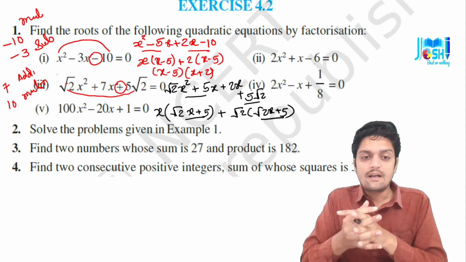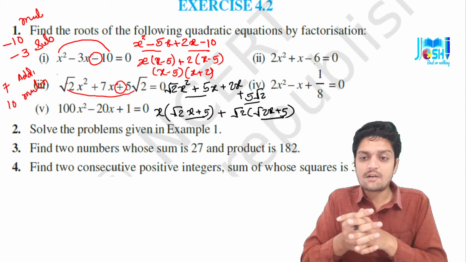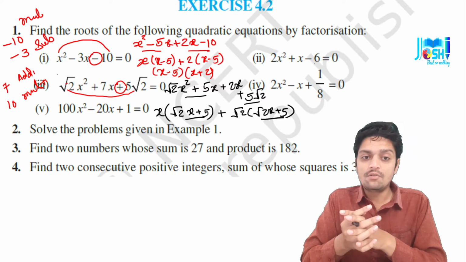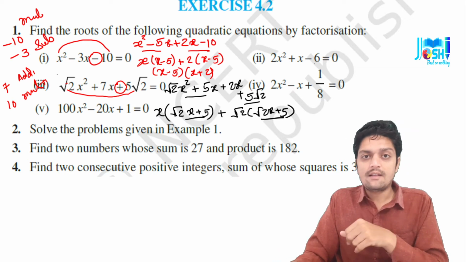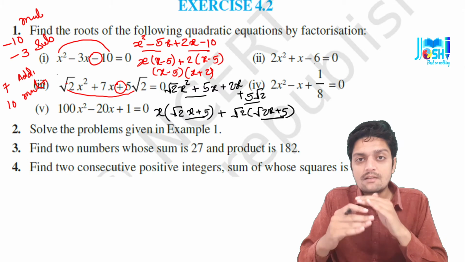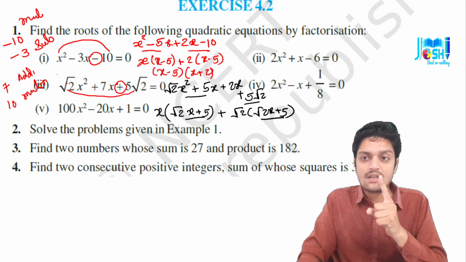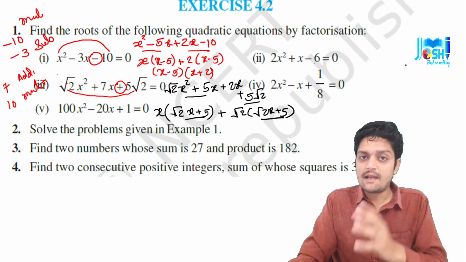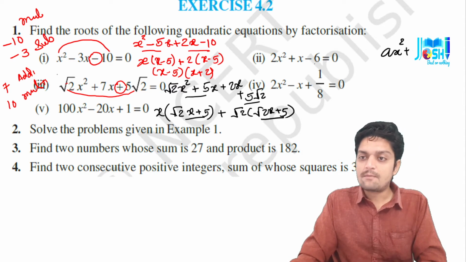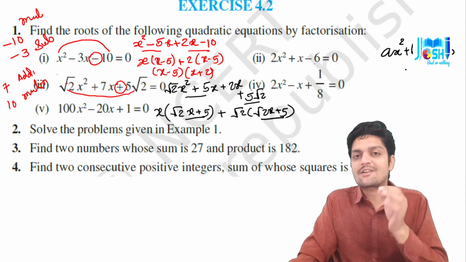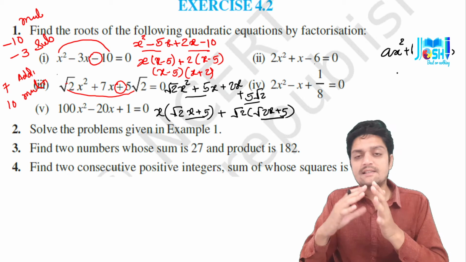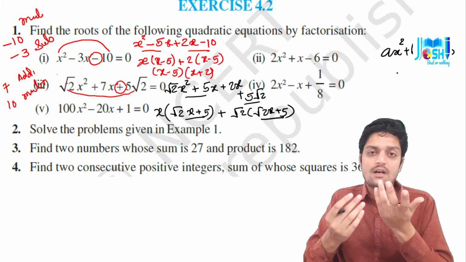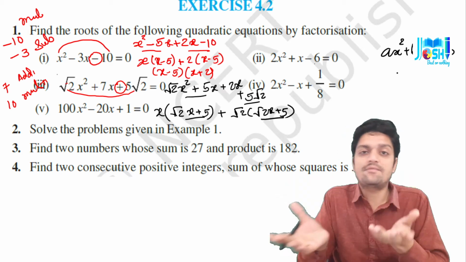Third question, let's see. Two numbers whose sum is 27 and product is 182, so those two numbers we have to find. So easy. Let me tell you one thing, this is a quadratic equation, so here all things will run in one variable, because the standard form of a quadratic equation is a x square plus b x plus c is equal to 0. So everywhere x will come, another variable will not come. But listen, we will solve these questions. This is the trick, some different kind of logic and method which I am using, because it is easy for you.